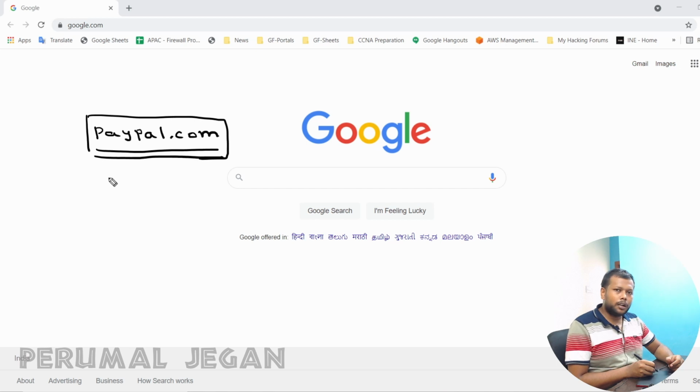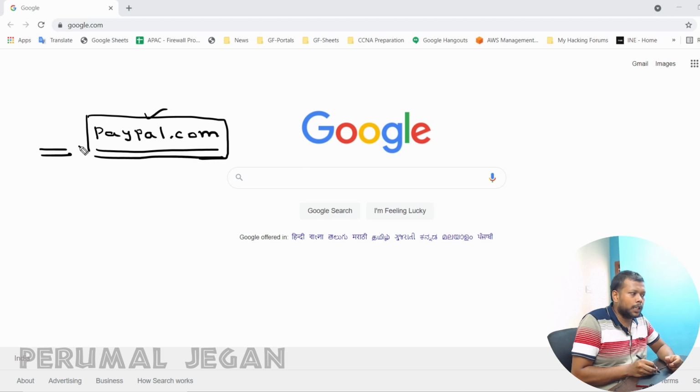As a pen tester, you have to look for various chances that are in front of you. And we can use various tools to enumerate the subdomains of paypal.com. The subdomains are nothing but the domains that precede the existing main domain. It may be a random word. For example, if PayPal wants to manage their website application, they may use the subdomain admin.paypal.com. Who knows? You have to enumerate that.